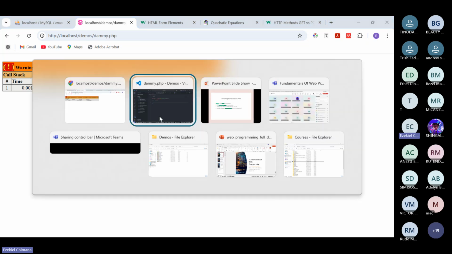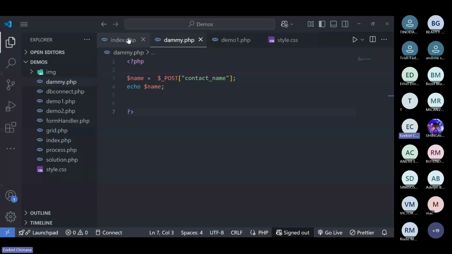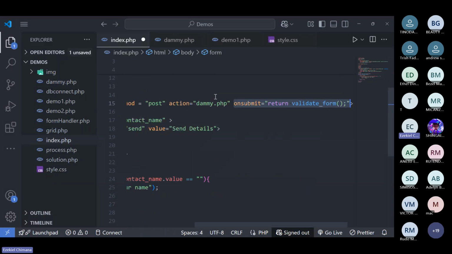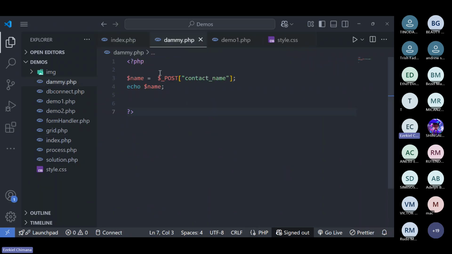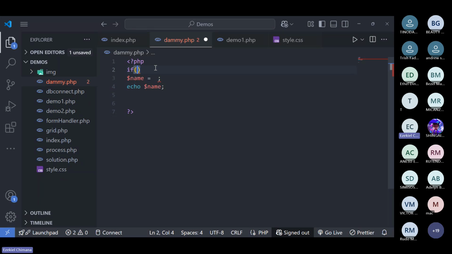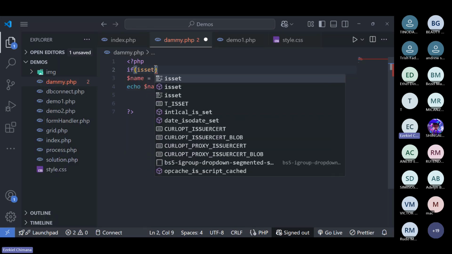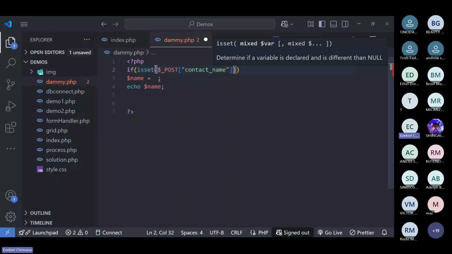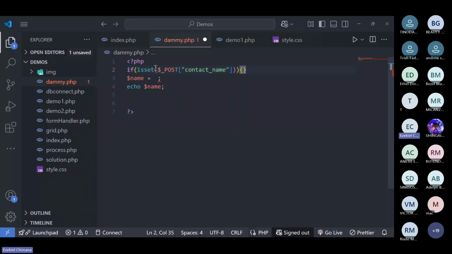So I can come here and return my validation there. What I need to do is check if this one is set first, and then do something, right? If isset, I think it's this function. If $_POST is set, whatever, something like this, then